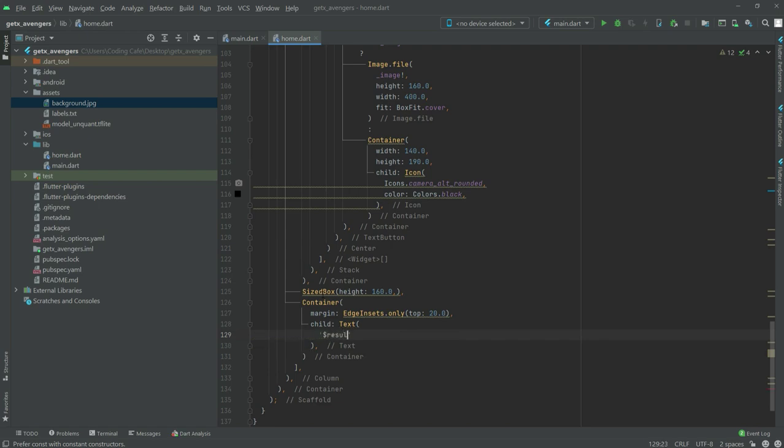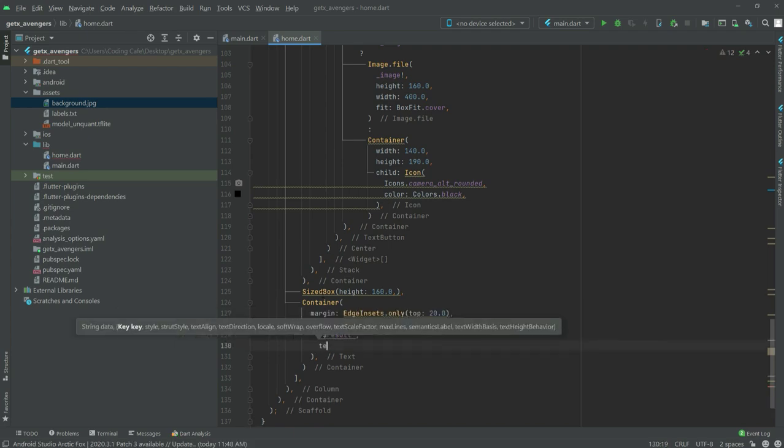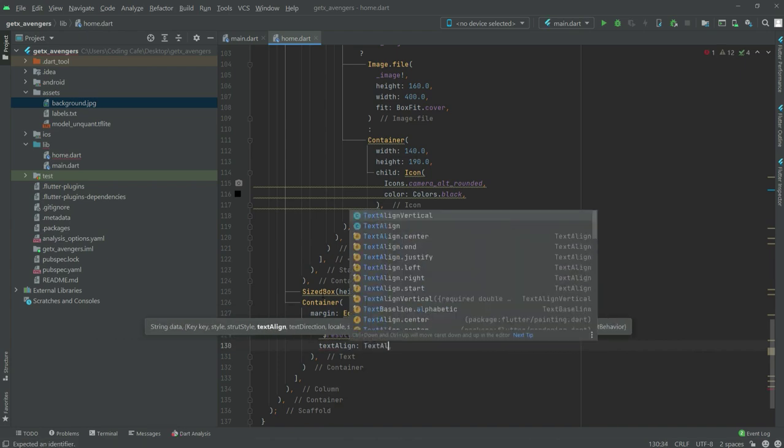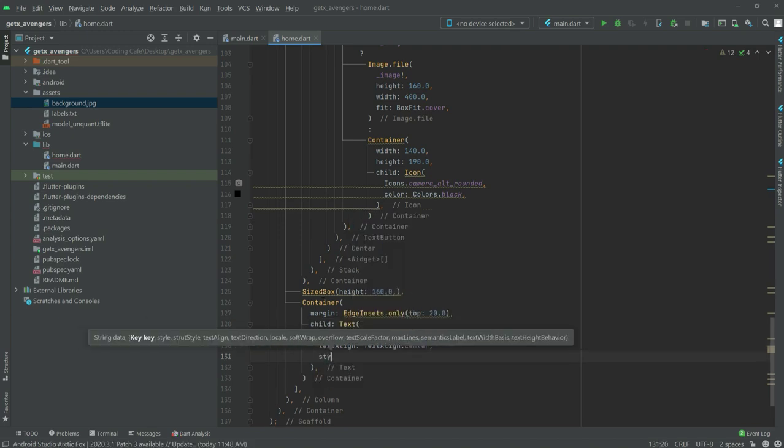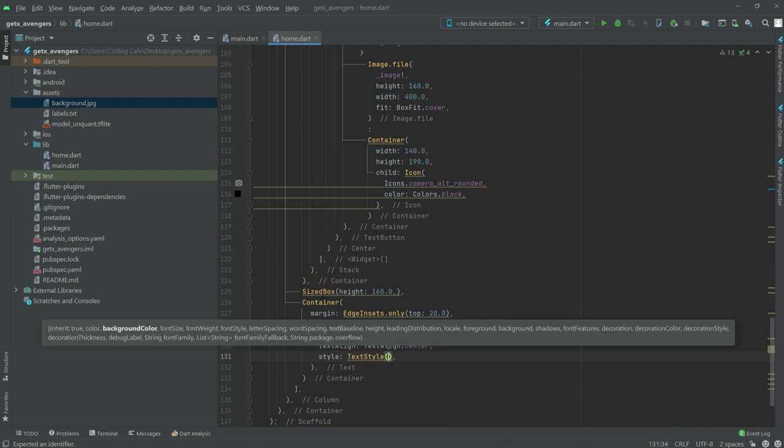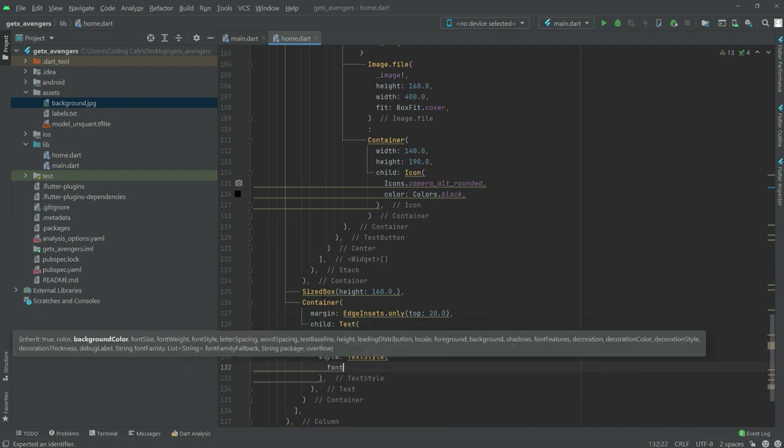Okay, and right after text align. There we go. Text align, we will go with the center as you guys can see, and right after this let's do some styling, and there will be a text style. Now in the text style we will set the font size first. Okay, we will set it to 40.0,